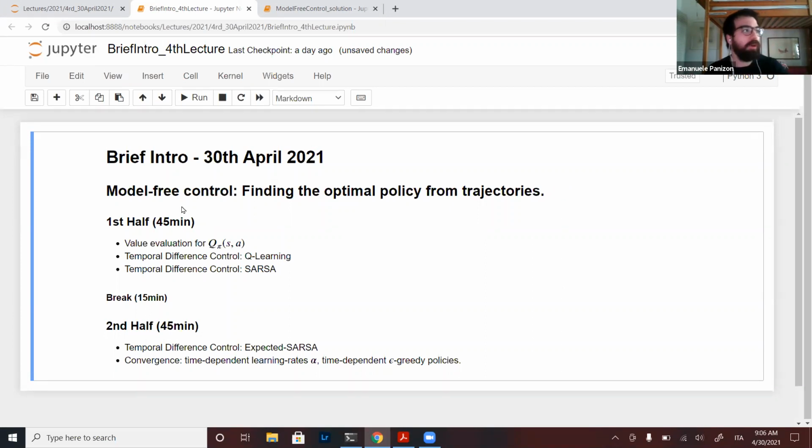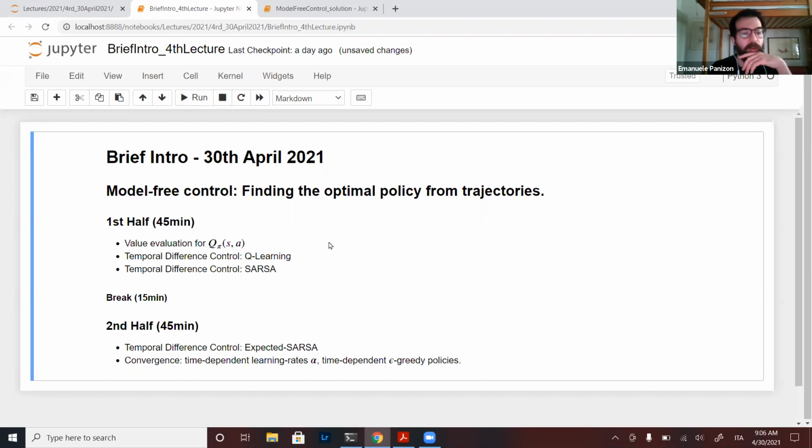The lecture more or less is divided in two. For the first part, I will build upon the past exercise, so on value evaluation. We will see how value evaluation works on the Q value function, and then we will use this to build two methods, which are very similar, but have important differences between them. The first one we will deal with is SARSA, and then Q learning. Then most probably, 1 hour will have gone past.